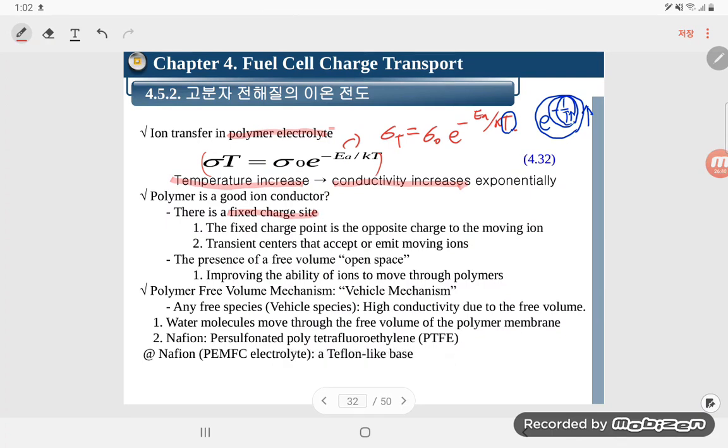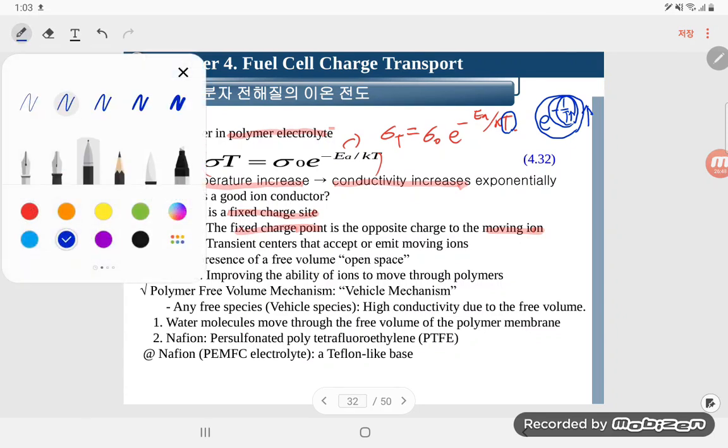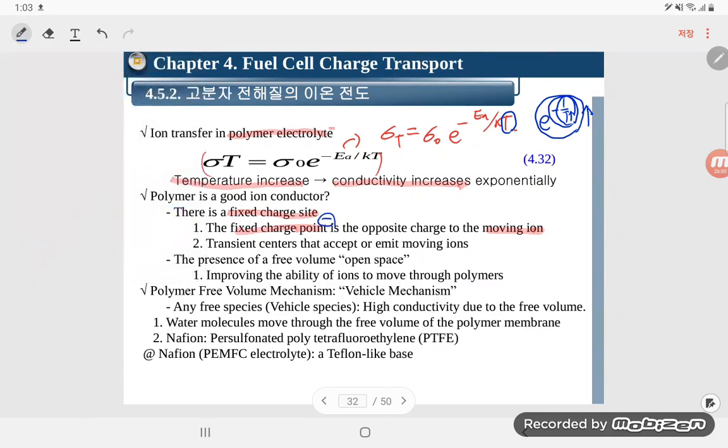The fixed charge point is the opposite charge to the moving ion. This is a fixed charge point. If they have minus, then the moving ion should have the plus. The transient center accepts or emits the moving ion, and also in the polymer electrolyte there is a very important